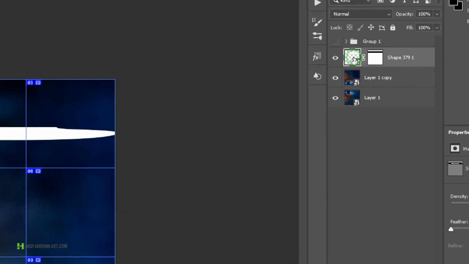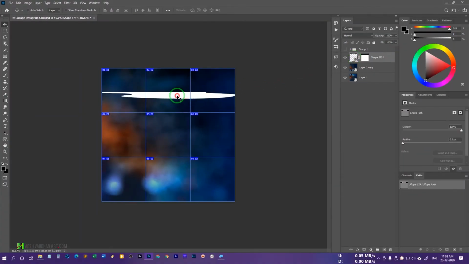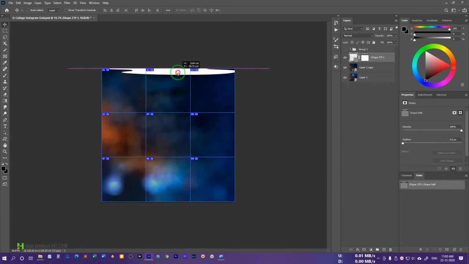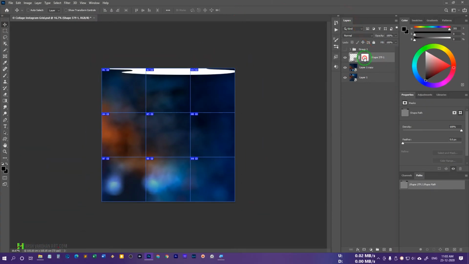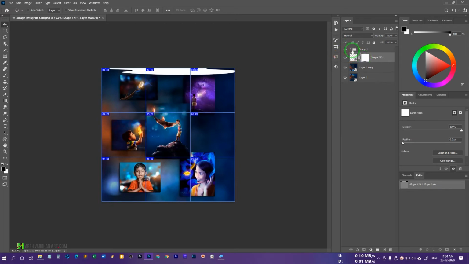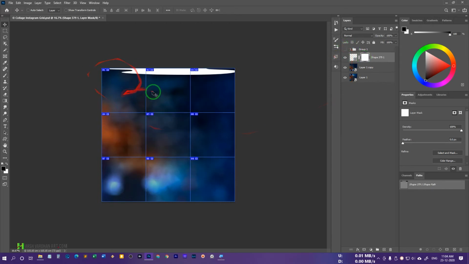Make sure you select the shape, and then we'll drag it up right on the top of this here. And in the next image, what we'll do, we'll just invert the mask, so that way we'll know exactly how the shape goes and it would be a seamless transition. All right, and now we can just place different images right over here.